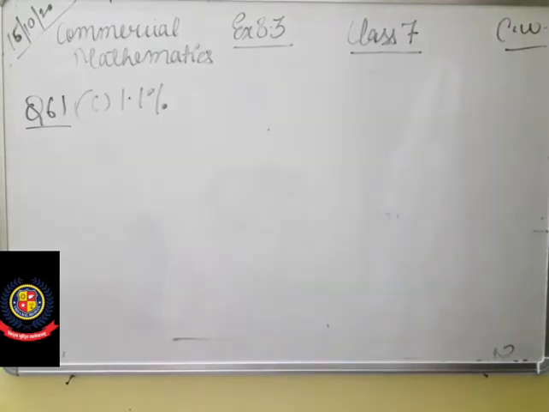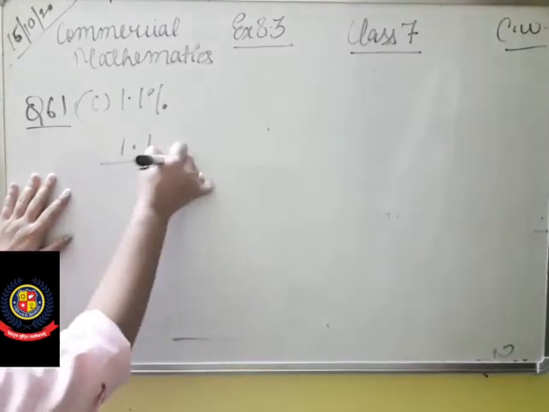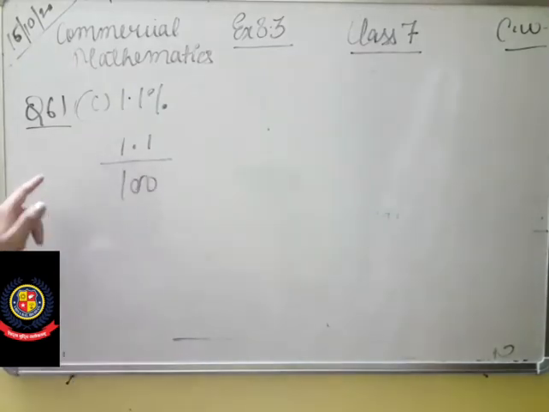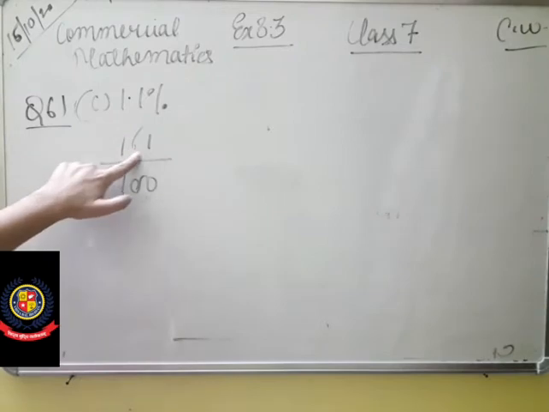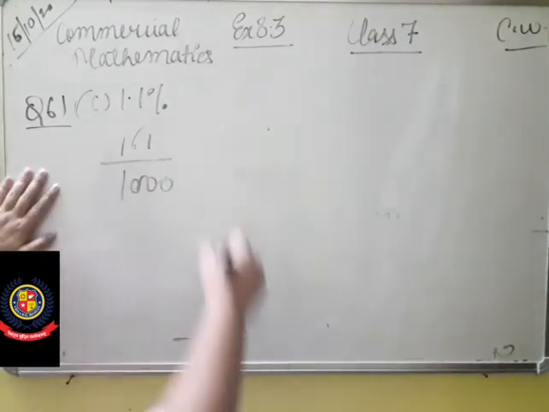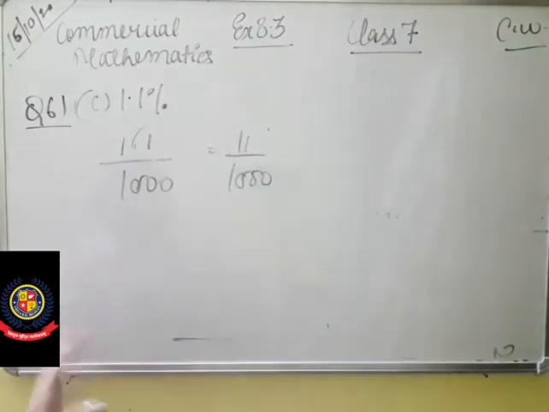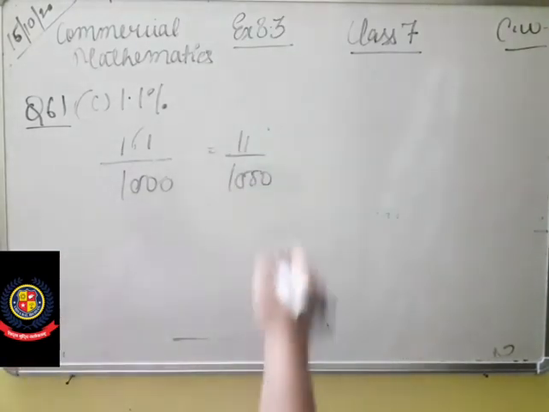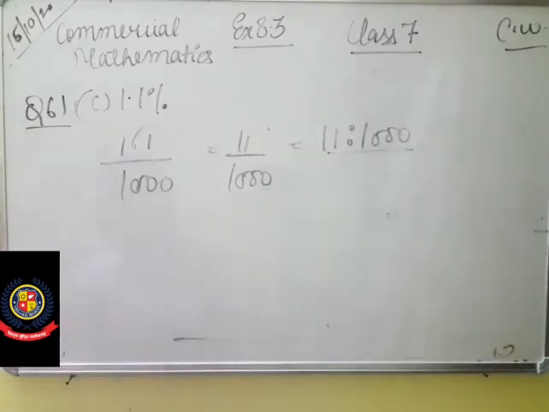So now look at the C part. 1.1%. You have to convert it into the ratio. It's very easy. 1.1 upon 100 you will write, as we have to convert it into the ratio. So students, when you remove this point, you have one digit after the point, so you will make it 10 over here. So it will become 11 by 1000. So 11 and 1000 are not divisible by any common number. So we can simply write it as 11 ratio 1000. So this is the answer of your C part.